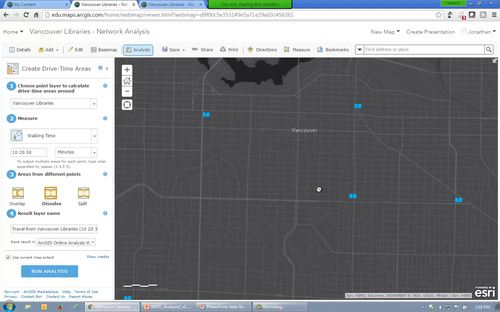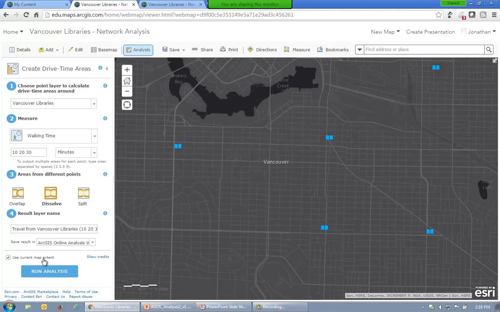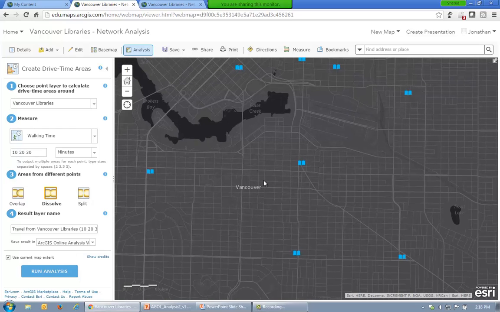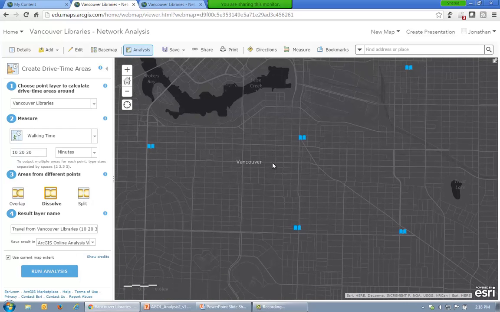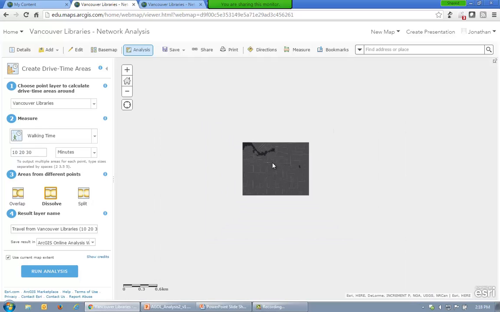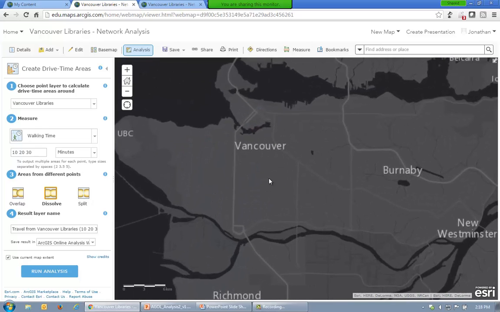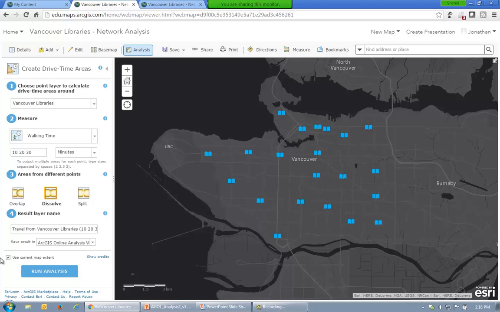So if I'm only interested in these libraries, I could leave this box checked, and it would maybe take a bit quicker to run since it's considering fewer input features. But for my current analysis, I want to look at the whole city, so I can either zoom out, or leave this unchecked. But as it happens, this analysis operation takes a couple of minutes, so I've gone ahead and